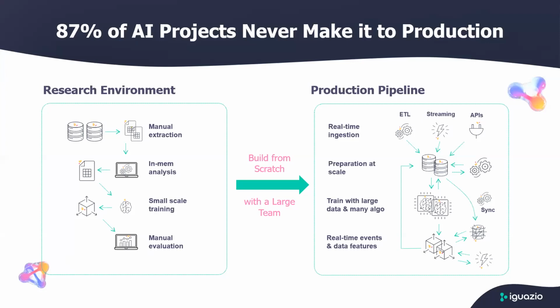In real applications, you have live data that may come from various sources. Some of those will be real-time, like streaming. Some of those will be operational databases or APIs that we have to hook into. We have to go and process data at scale, not something we do on a notebook in memory. And then we have to automate the training, because one of the things that we constantly see is potentially model drift because of data changing, especially in this environment. Models and code may change, so we have to retrain our models periodically based on detection of various events like code change or drift, etc.